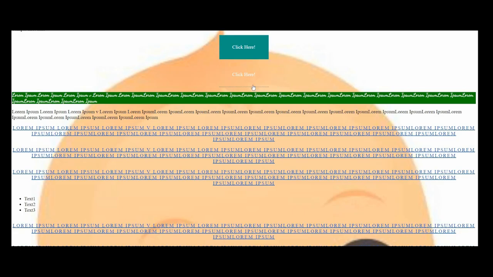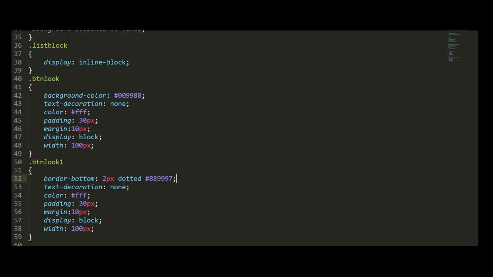Similarly, you can give a padding left, padding right, padding top and padding bottom. So this dotted or solid or dashed, this is style of the border. So you can mention by means of group, or else you can mention it separately.